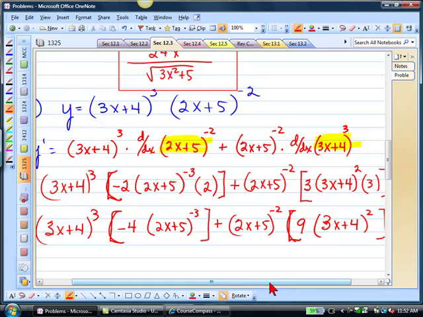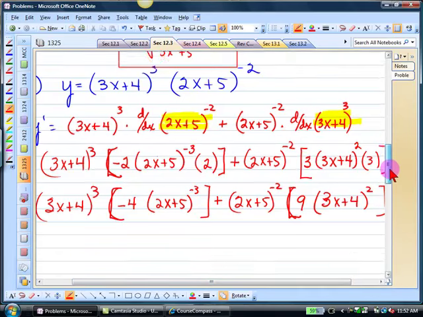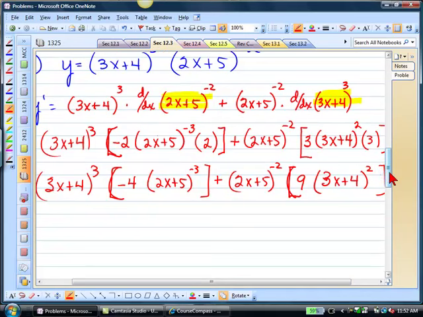So we're going to be able to factor that out, and we're going to need to do that in order to get the answer the way we need. So we're going to factor out, looking at the 3x plus 4, what? 3x plus 4 to the, which one? Second. You want to factor out the smallest. So 3x plus 4 to the second,